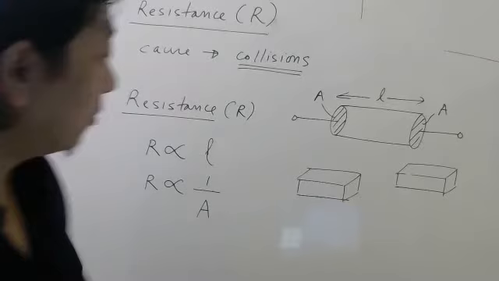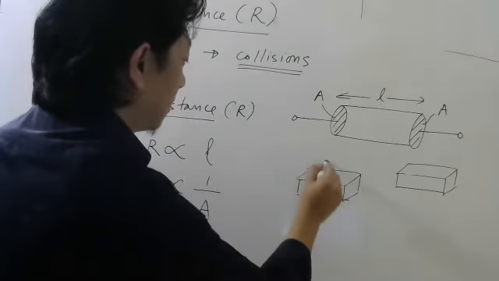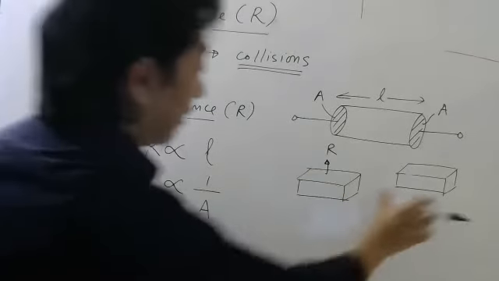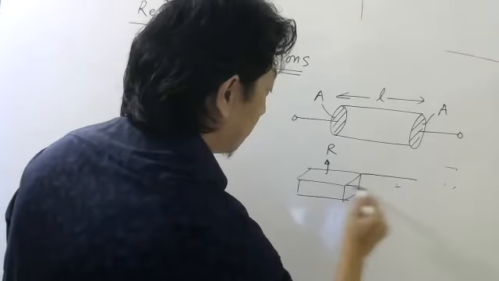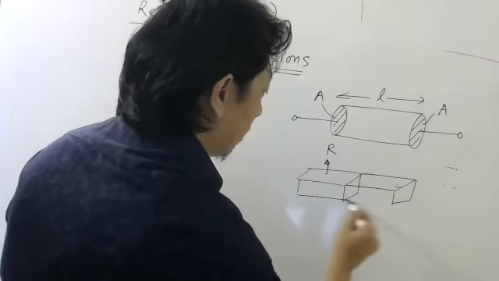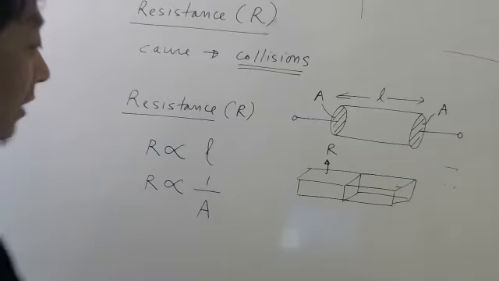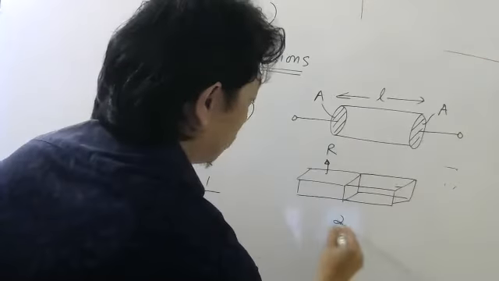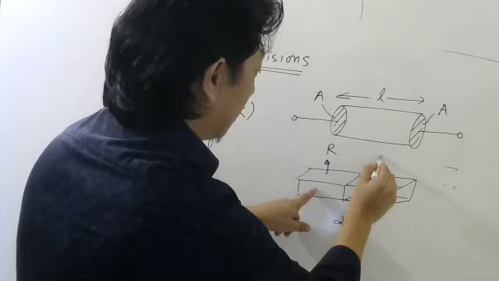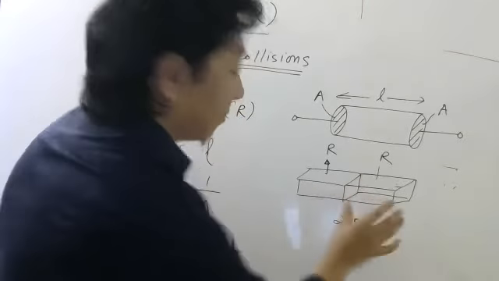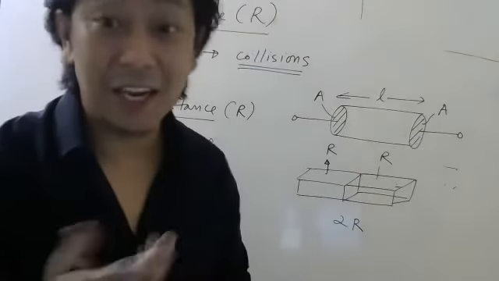Okay. So what they do, first they find the resistance of this. Let us say it is R. Then they connect this one with this block, with this block. So when they do like that, they find that the total resistance now is 2R. You can also feel it is 2R, because if this is R, it is like series. But that series combination and all we'll study later.